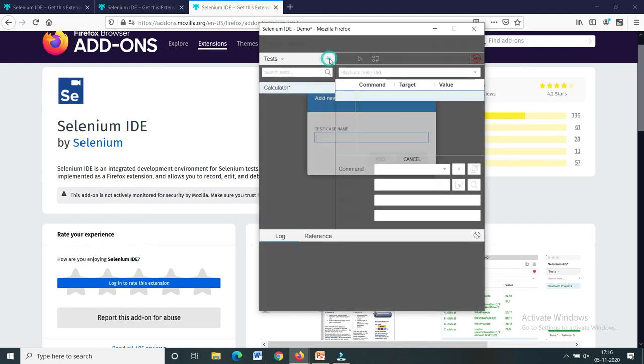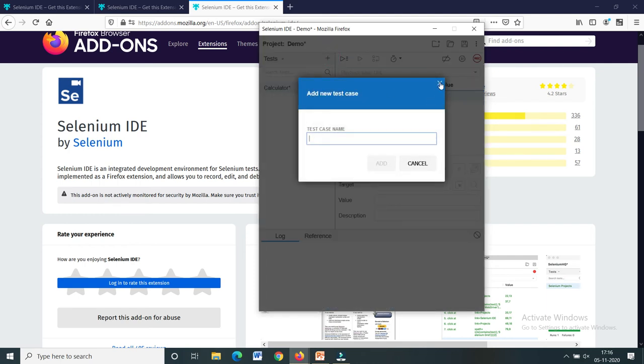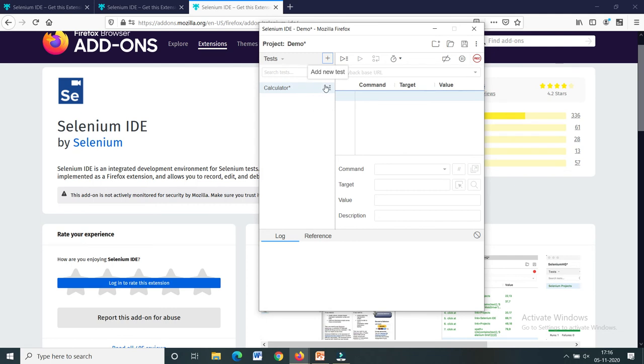So here you can add new tests also. If you click on this, it is the test case pane. In Selenium IDE, you can open one test case at a time, and this test case pane shows you the list of currently opened test cases. Here it shows the calculator.